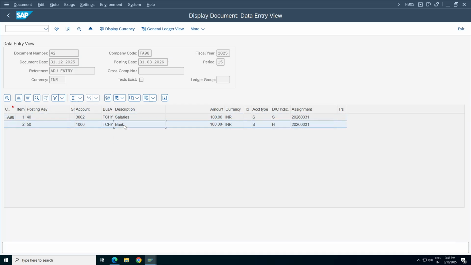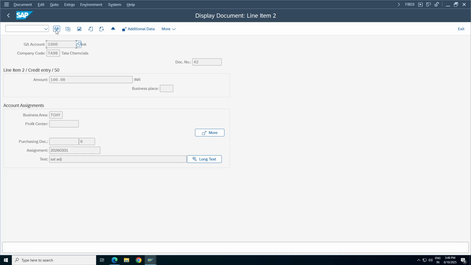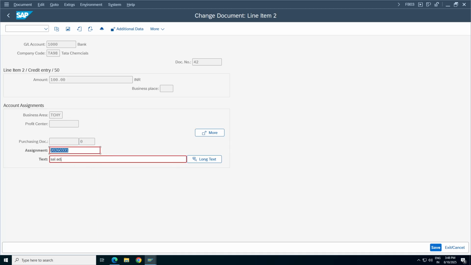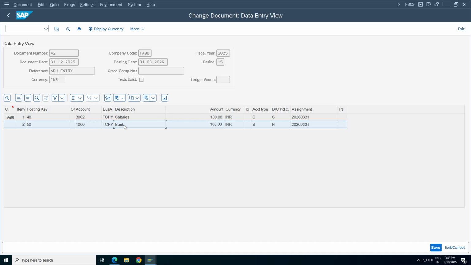So usually users will put here something with the date and details and reference number and everything. They'll use this text. They can attach something also here. Some reference details: which adjustment it is, when, for whom the adjustment is being made, all the details are updated here in the text.